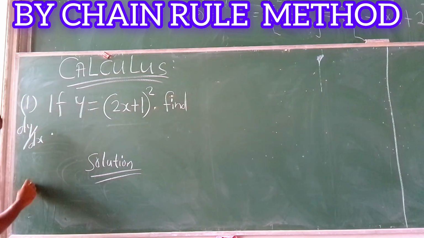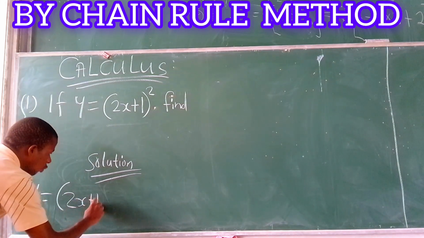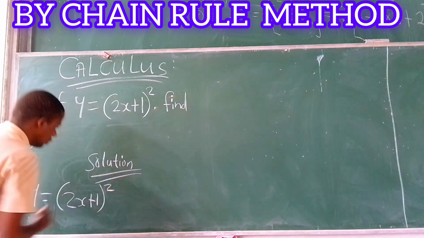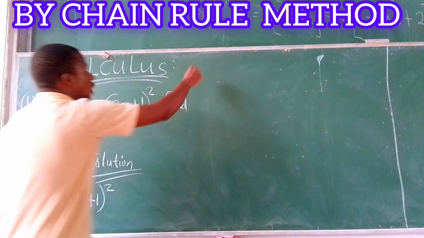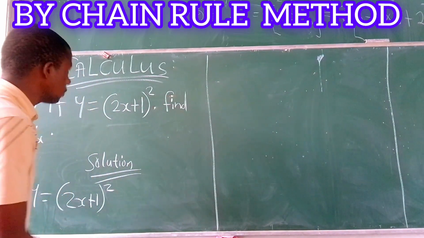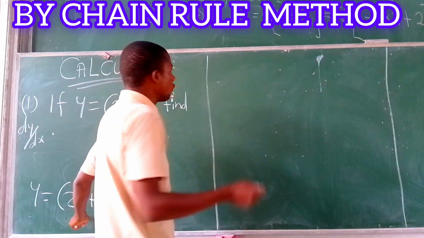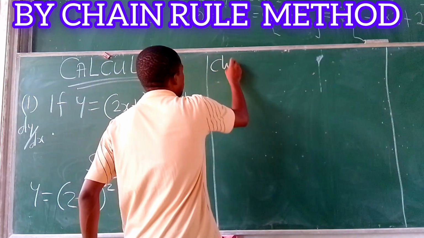Solution: we are given that y equals (2x + 1) to the power of 2. Now, for us to find dy over dx of this function, we apply what they call the chain rule. And in the chain rule